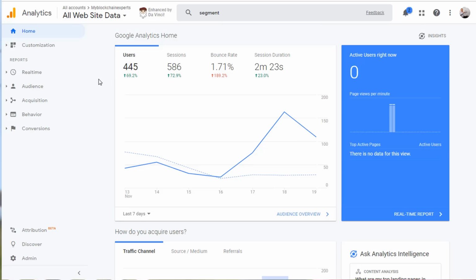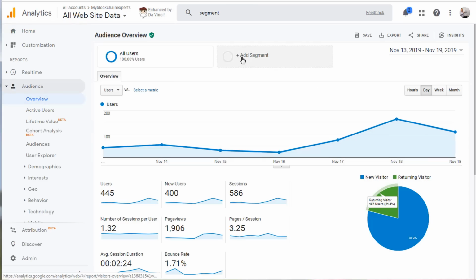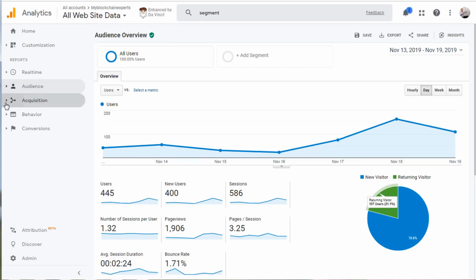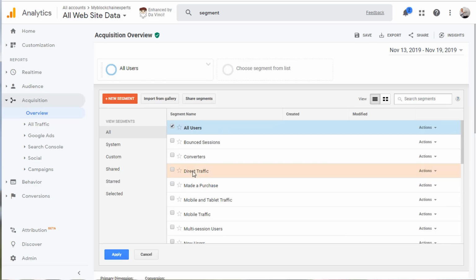So to go ahead and create a segment, let's go over to Audience and let's go to Overview. And you can see here we have Add Segment. And also just be aware too, I could go to Acquisition, go to Overview, and I could add a segment. And basically, you could go ahead and add a segment to any of these reports that you want to basically filter down. Now, this segment here is all the users, but maybe I don't want to look at all the users. Maybe I want to go add a segment,